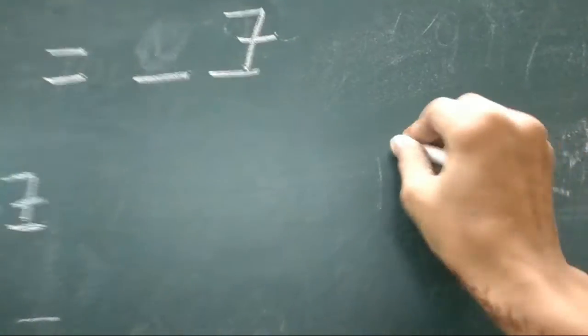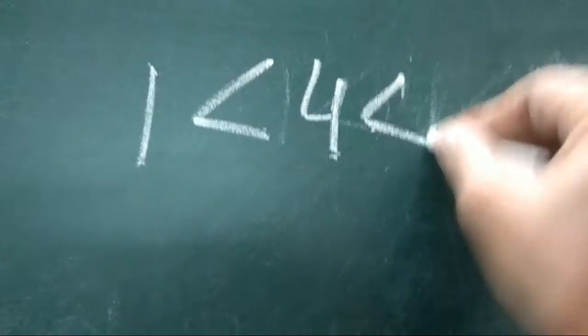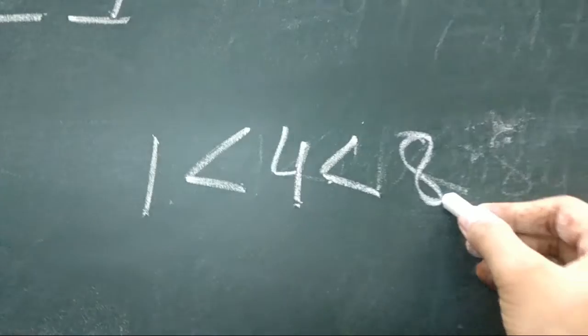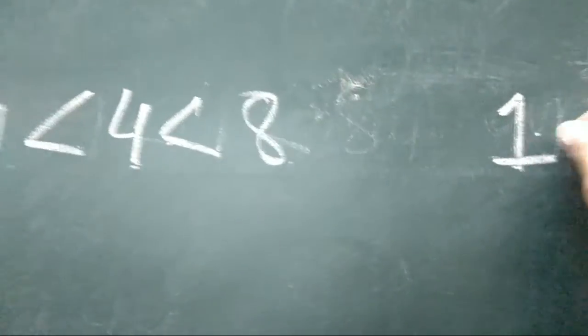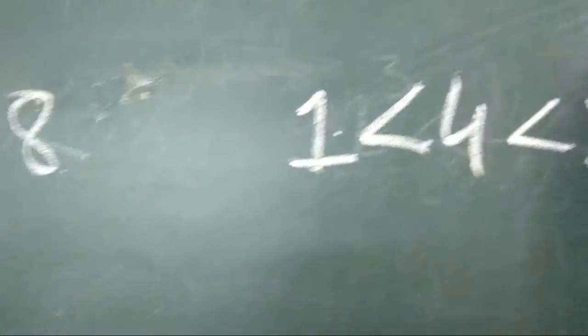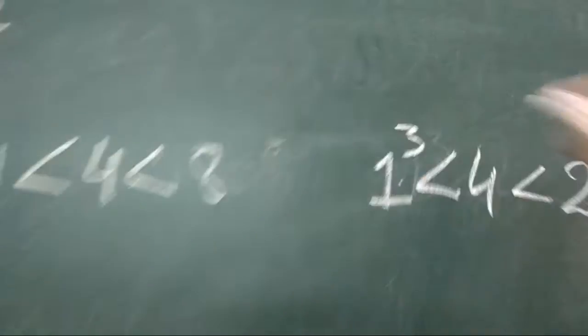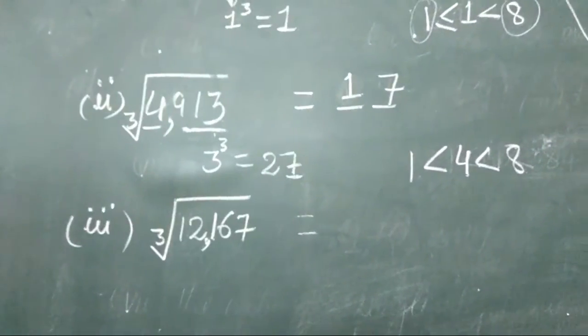Now our second group is only 4, and as you know, 4 lies between 1 and 8. So we'll write it is greater than 1 and less than 8. Convert these two numbers into cubic forms. 1 is the cube root of 1 and 8's cube root is 2, in this way. Now select the smaller one. Which one is smaller, 1 or 2? Yeah, 1 is smaller. So this will be the tens digit of the desired answer.